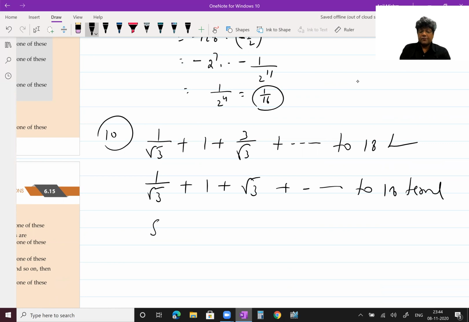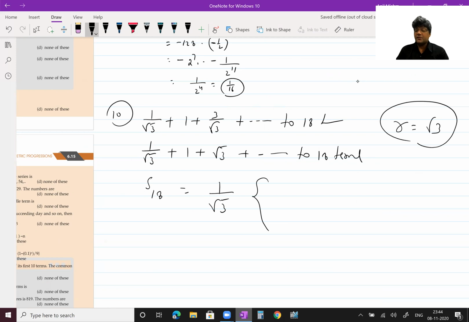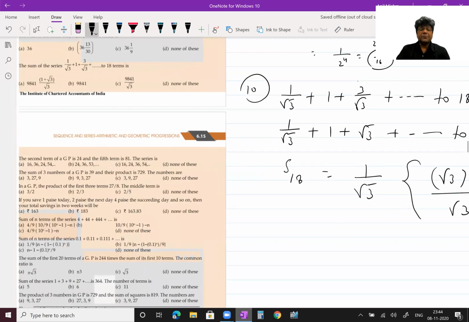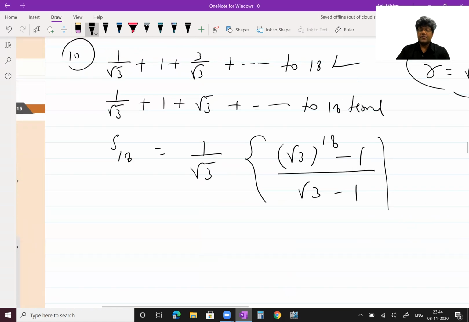So according to the sum formula, sum is equal to, what is the formula? A into, which formula will we use? We will use the formula R to the power n minus 1, because our common ratio is root 3, and that is greater than 1 because its value is 1.732. So R to the power n minus 1 divided by R minus 1. That's it. But I think you will have to simplify that. Yes, there is nowhere root 3 plus 1 in the denominator in the options. That means we have to rationalize it.